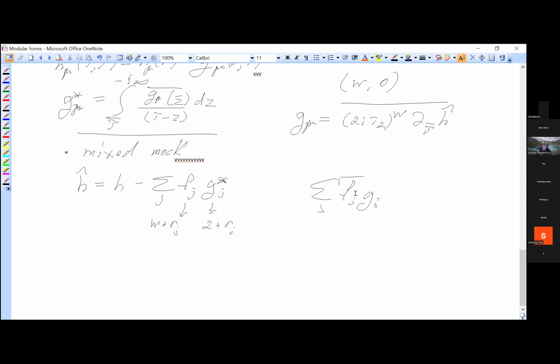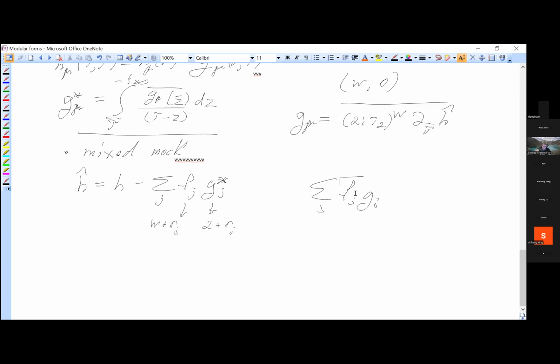And there is an important fact about these mixed modular forms. You remember I mentioned that weakly holomorphic modular forms form a finite dimensional vector space. So if you compute polar terms, you know the modular form completely. The same is true for usual mock modular forms. They form a finite dimensional vector space, and moreover, the dimension of this vector space is exactly given by the number of polar terms.